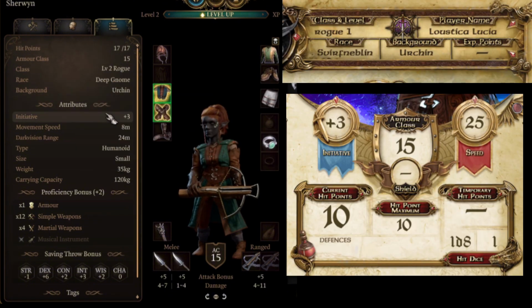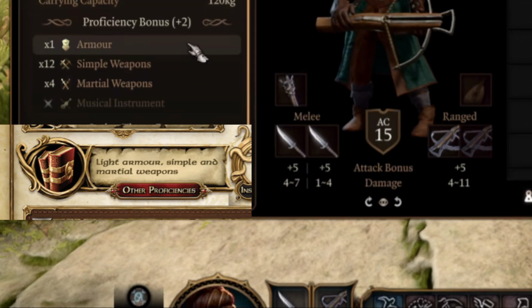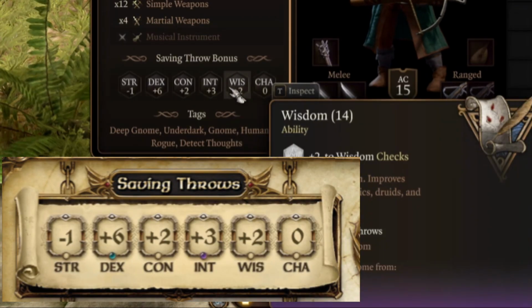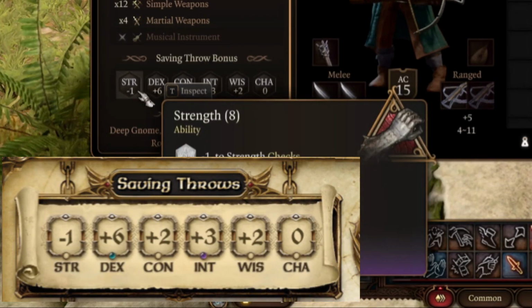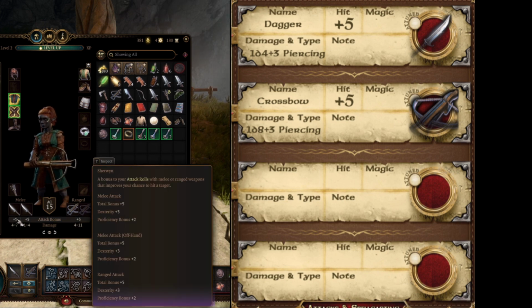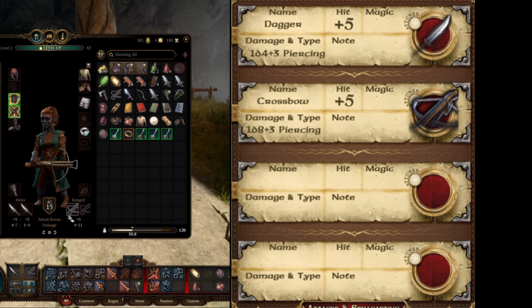The following page gives you your class, level, background, race, armor class, hit points, initiative and speed, but also your proficiencies. Below that you have your saving throw bonuses, and then you can type the name of your weapons, your attack bonuses, the damage it deals and what type of damage it is.